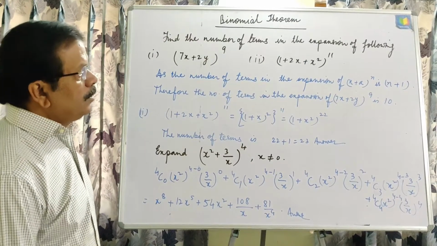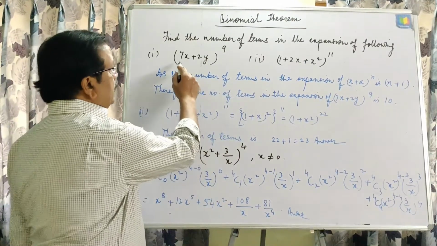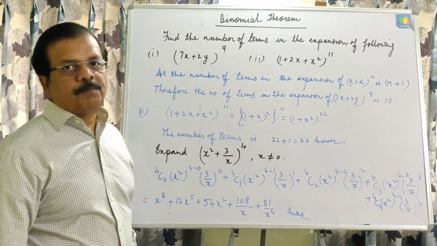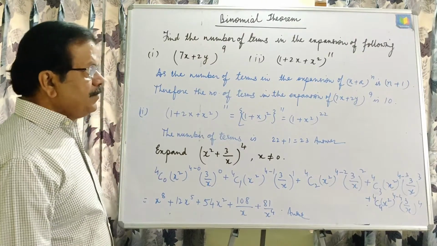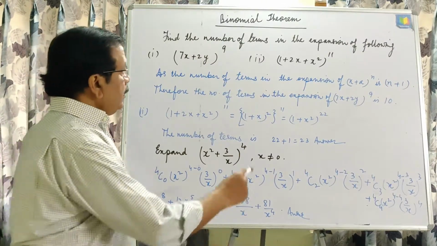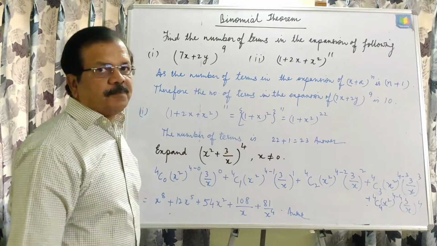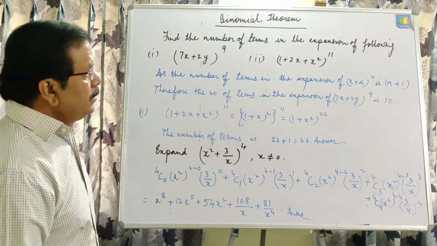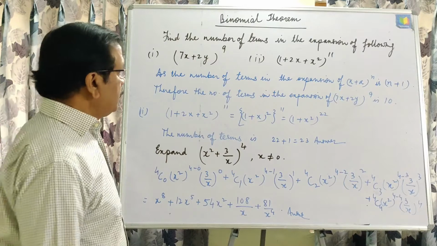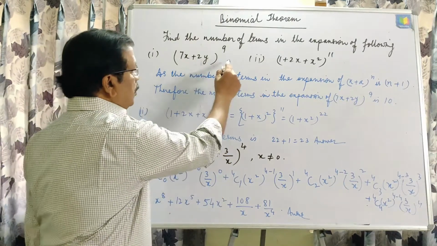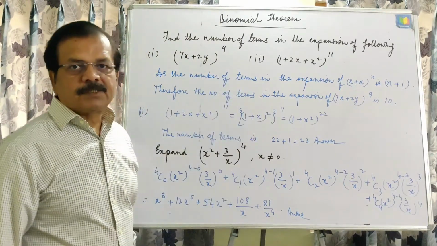Find the number of terms in the expansion of (7x + 2y)^9. As we just studied, in the expansion of (x + a)^n, the number of terms is n + 1, and that is why here the number of terms will be 9 + 1, that is